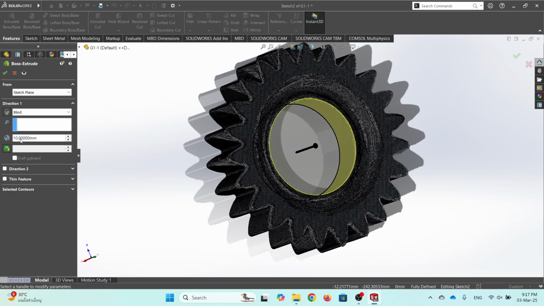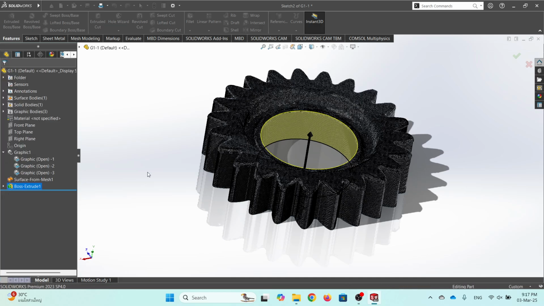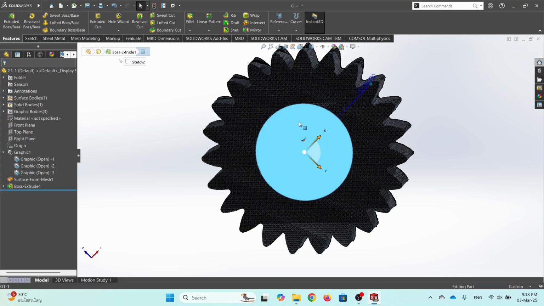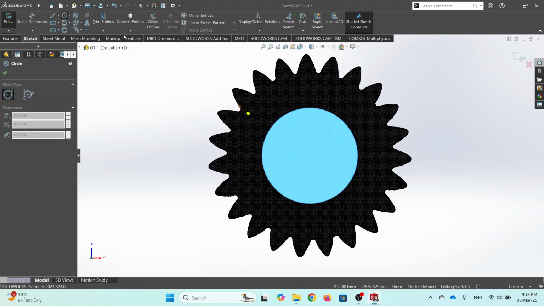And actually you can just set the distance that you want to extrude this face. In this case I'm not going to change anything, which is going to be 10 millimeters. And next I want to make a pin out of this gear, so we're gonna right click on this plane and click sketch, and then we're gonna use the circle. We're gonna use the original one, which is the center one,